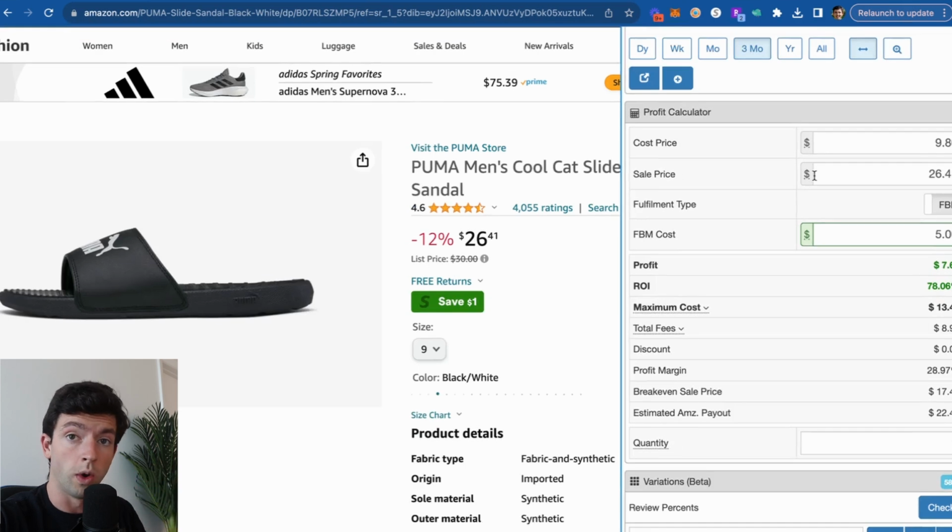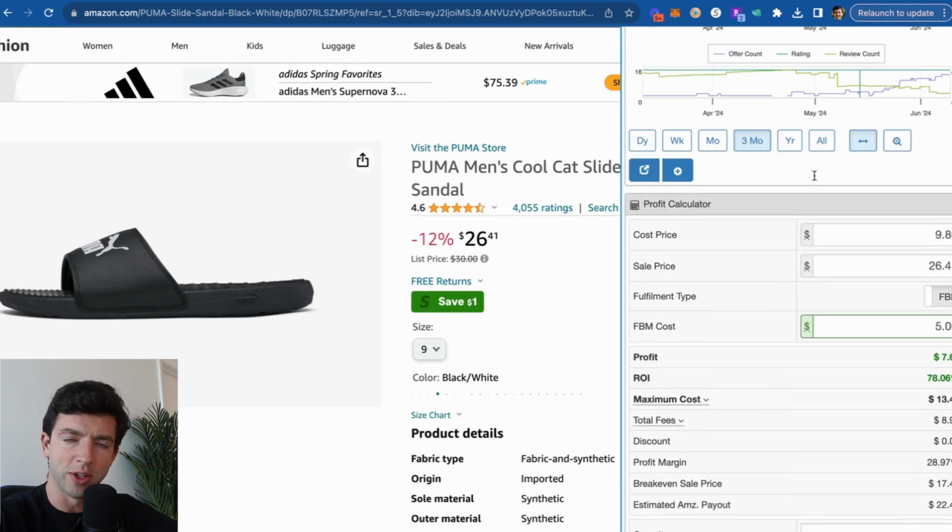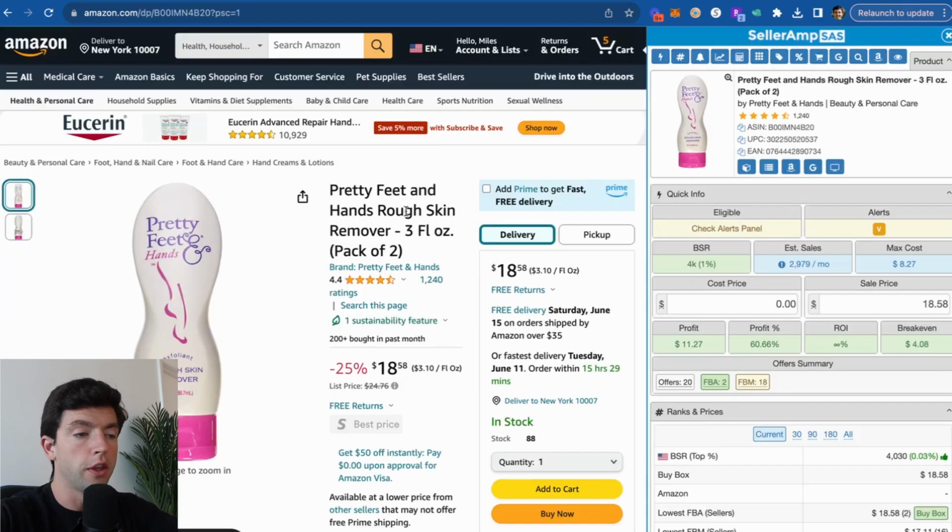So we saw what a good product looks like, all the basic criteria. Now it's really, really important that we take a look at some of the red flags you need to avoid to make sure that you're not buying the wrong products. Because obviously the basic criteria fits right there, but there's certain red flags you need to avoid as well. Let's take a look at them. So the first one is going to be